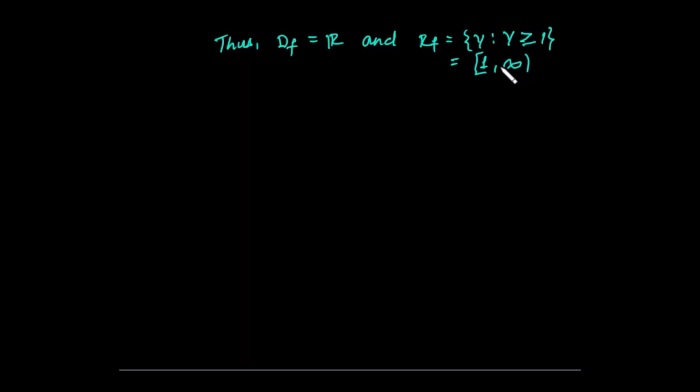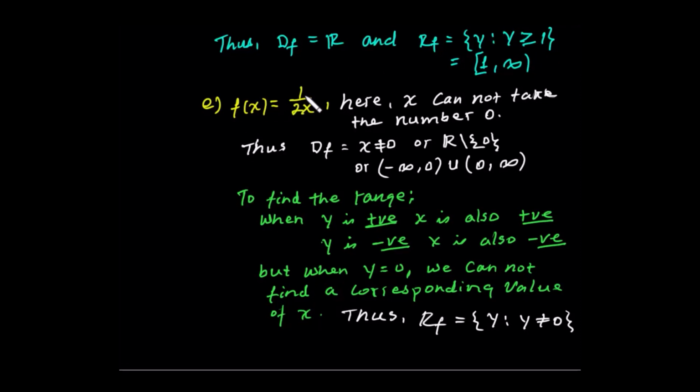ወደፊት እንዴት እንደሚወሰን እንማራለን። ኦኬ e: f of x equals to 1 over 2x ነው። here x cannot take the number 0። ለምንድን ነው? 0 ከሰጠን ዲኖሚኔተር ላይ 2 times 0 ይሆናል፣ ስለዚህ 1 over 0 ይመጣል። 1 over 0 እንደምታውቁት አንድን ለዜሮ ማካፈል ስለማይቻል ነው፣ ለዚህ ነው x 0 መሆን አይችልም። በተረፈ ግን x ኔጌቲቭ ብትሰጡ ይሄ ቫልዩ ኔጌቲቭ ይመጣል፣ ፖዚቲቭ ብትሰጡ ፖዚቲቭ ይመጣል፣ ስለዚህ ምንም የሚያግደው ነገር አይኖርም። ይሄንን አንድ ፋይንድ የሚያደርገው ቁጥር ቢኖር 0 ብቻ ነው።